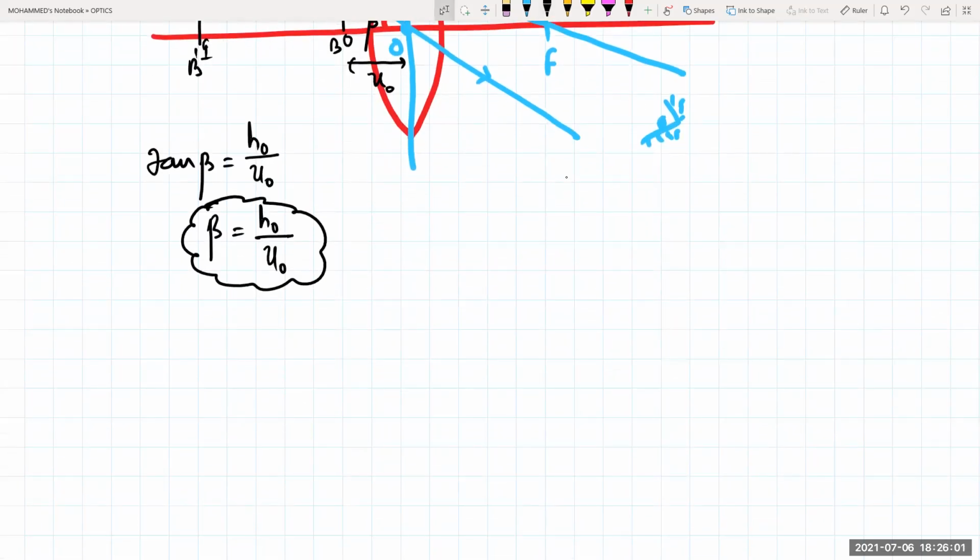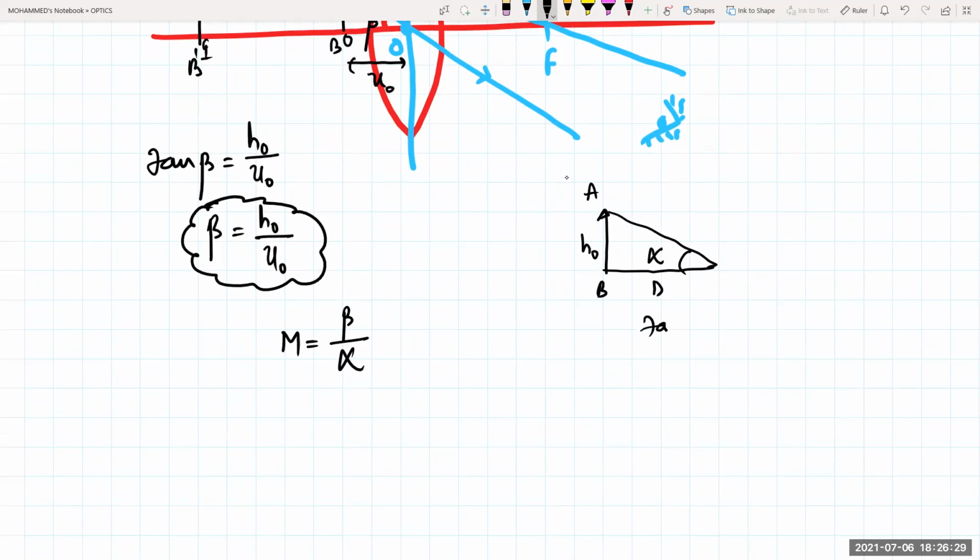Now tell me the angular magnification formula. M is equal to beta divided by alpha. What is beta? Beta is the visual angle made by the final image. Alpha is the visual angle made by the object at the least distance of distinct vision. That means when this is your object at the least distance of distinct vision, that is A and B, this is always constant. This is the height of the object. This is the least distance of distinct vision, and this is making an angle of alpha.